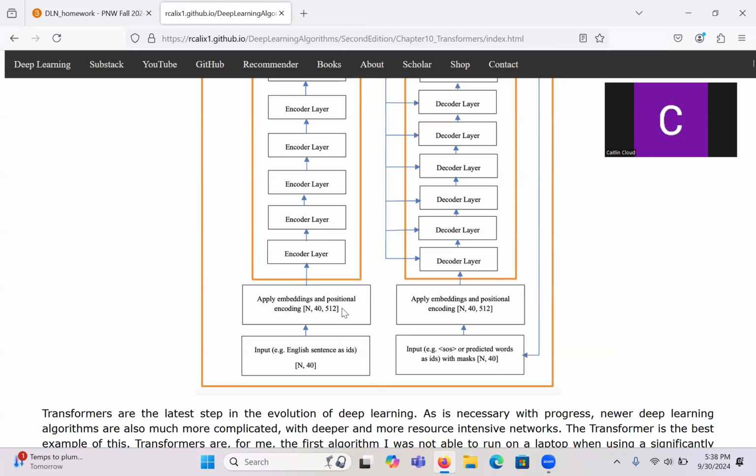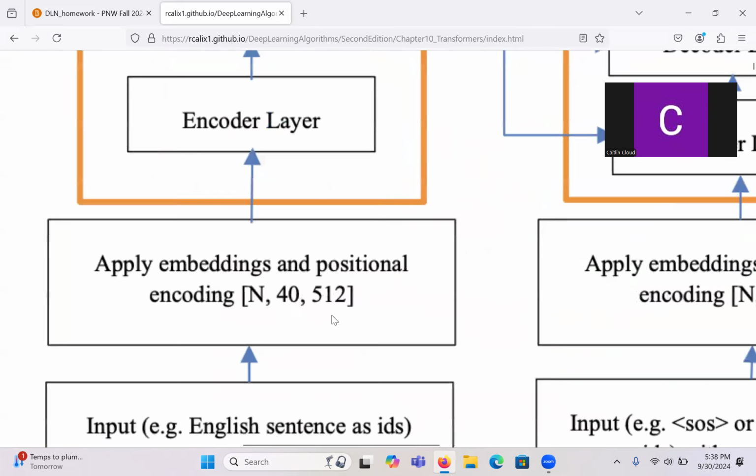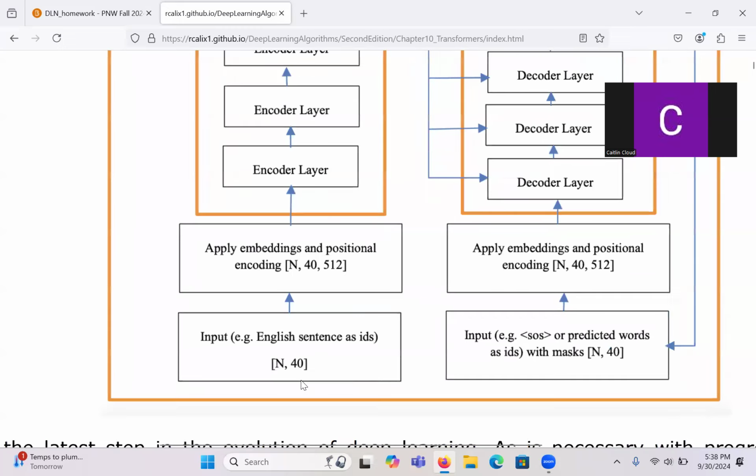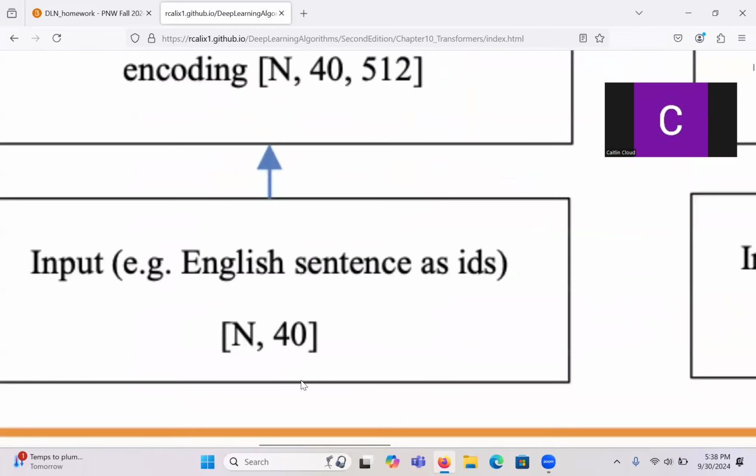And what we get, and this is critical when thinking about transformers, is that you should think in terms of tensors, right? Tensors are key, and that's why I've stressed a lot about you doing those 109 problems, because you want to think in terms of dimensions. I think that's the best way to understand how transformers work. If you look here, I've encoded dimensions in this. So let's take a look at this example. I'm going to give it English sentences.